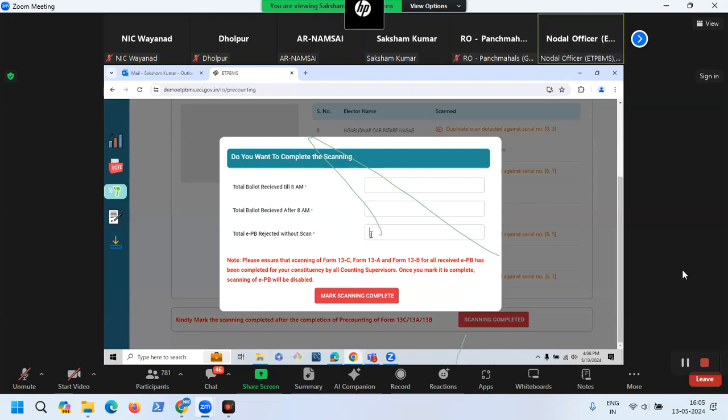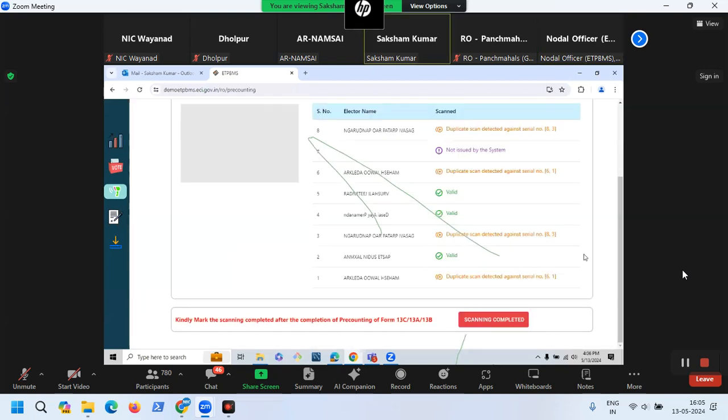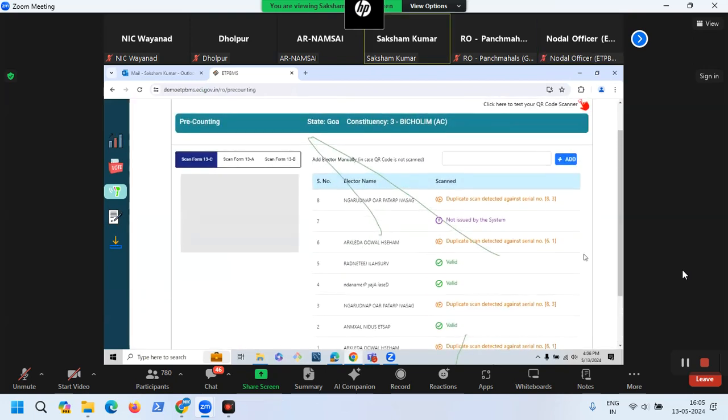सर दिस टोटल ईपीबी रिजेक्टेड विदाउट स्कैन, उसमें वो डुप्लीकेट भी इधर ही आएगा ना काउंट? अरे नहीं भाई, वो आपने बिना स्कैन के रिजेक्ट किया है क्या डुप्लीकेट को? We are not proceeding with the scan, we are just stopping at 13C. But you have scanned, right? Doesn't matter whether you are not proceeding or not. You have scanned. आपने एक तो स्कैन किया ना, अगर इनमें से कोई भी स्कैन नहीं हो पा रहा है तब डालना है वहां पे.